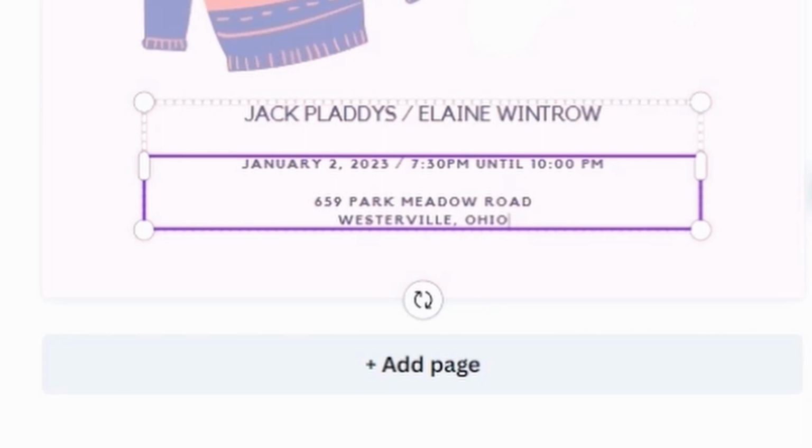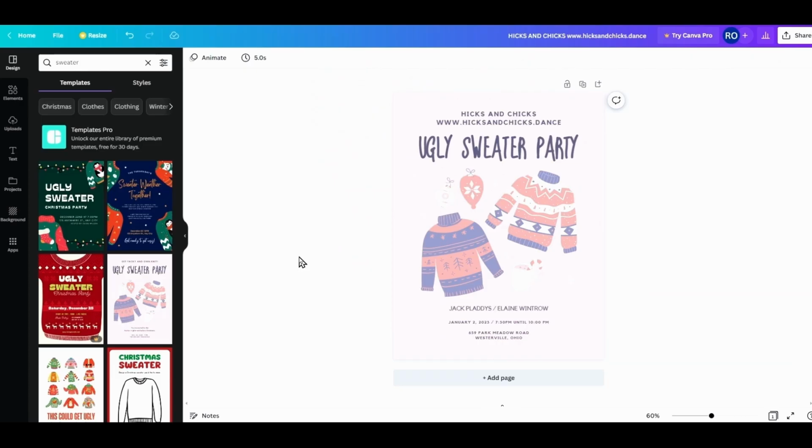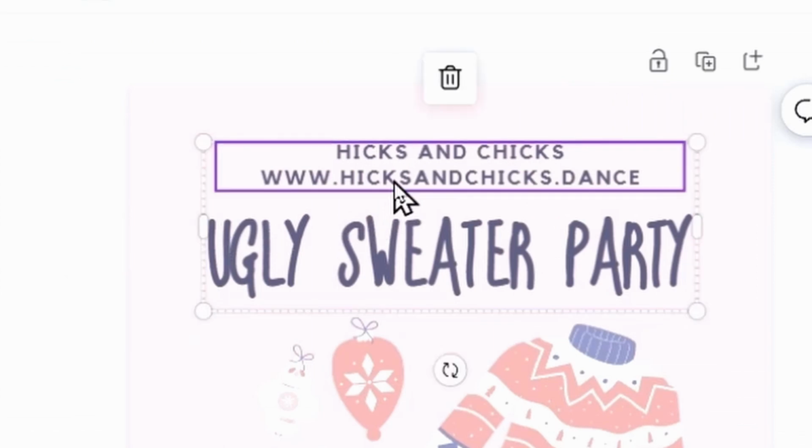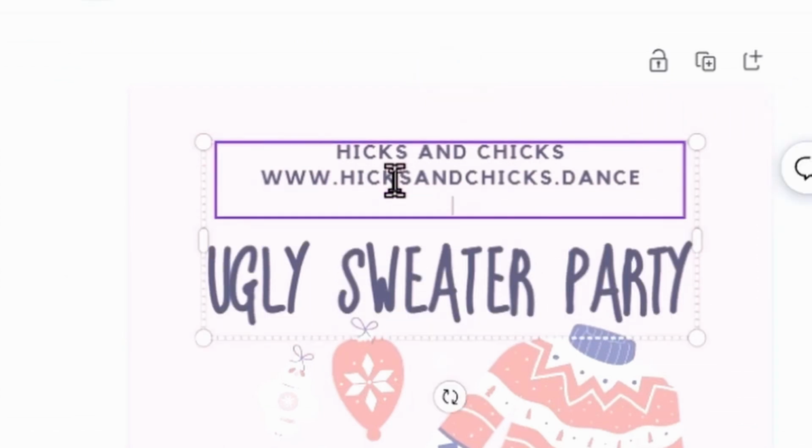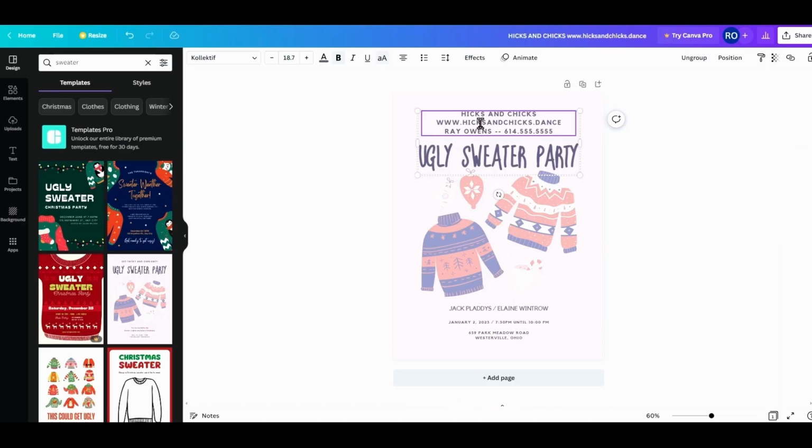Notice how Canva moves the block of text up automatically to keep everything centered. How about a contact person? All right, let's go back up here, click on this thing, and let's throw in some contact name and phone number. And again, I'm clicking outside of the template itself to reset the selection box.